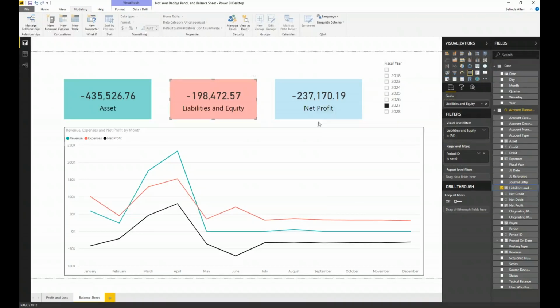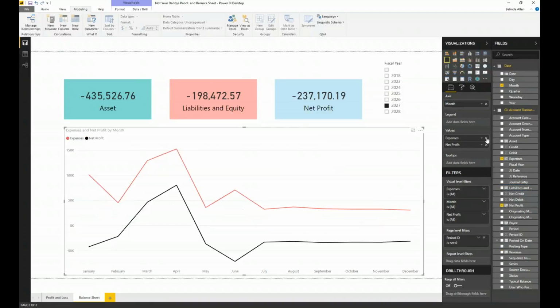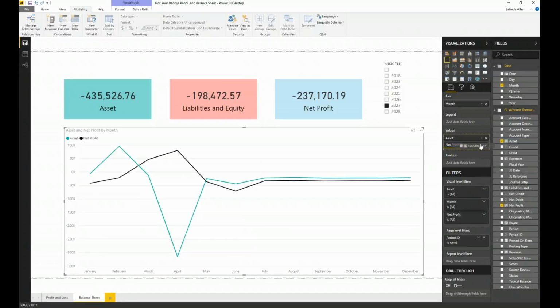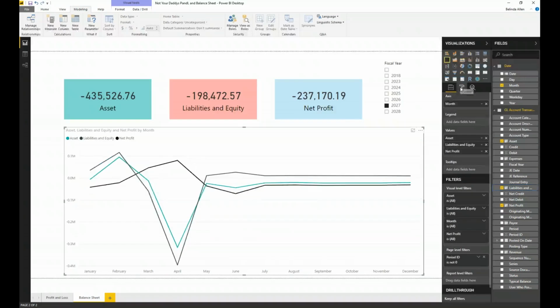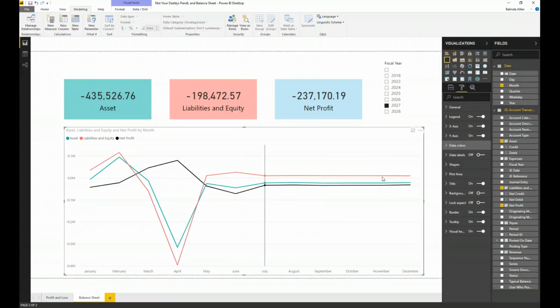And we'll leave net profit the same here. Down here, I'm going to get rid of revenue and expenses and instead add in assets and liabilities and equity. I'm going to make sure that the colors are consistent with what I wanted. And now I have a net change balance sheet, which I could pay attention to.